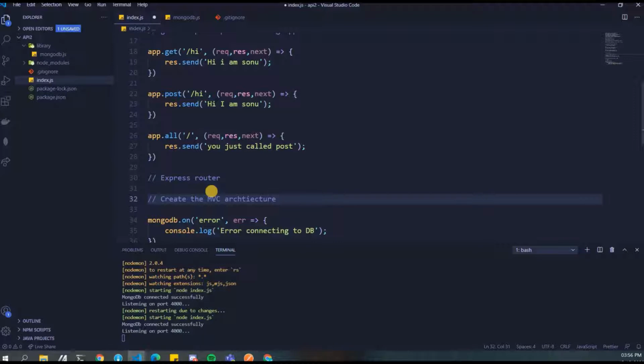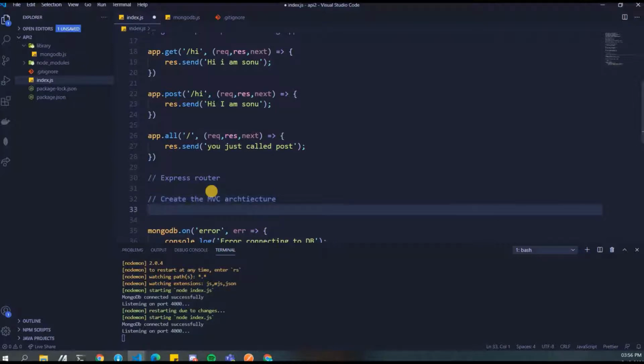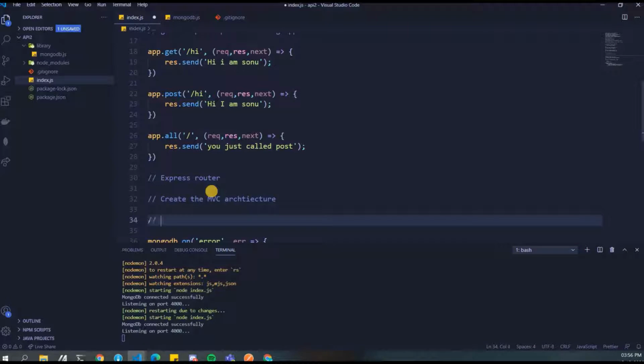We'll be creating the MVC architecture in this particular video, and on top of all of these, guys, we'll be writing our first authentication API, and once we write our first authentication API, next up we'll write our different APIs that we have.